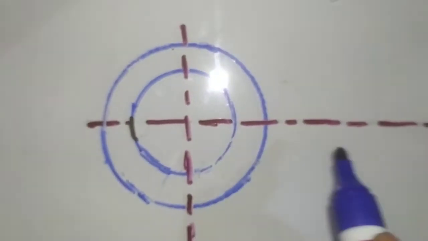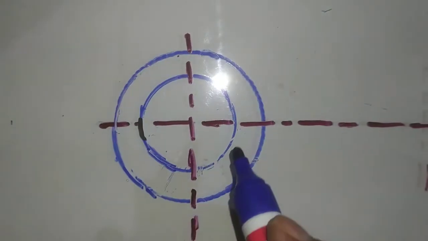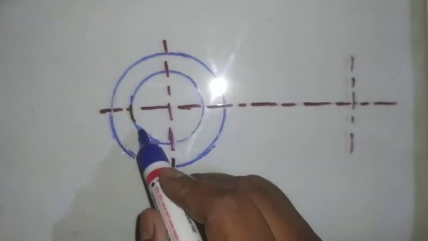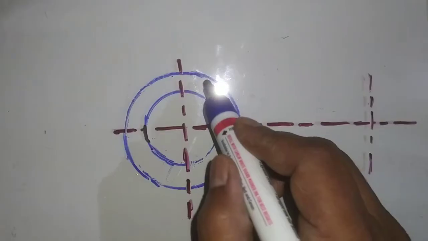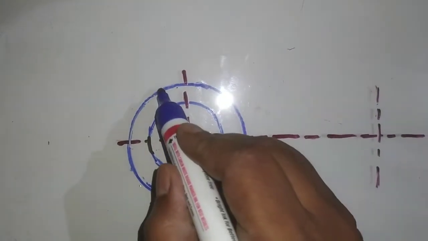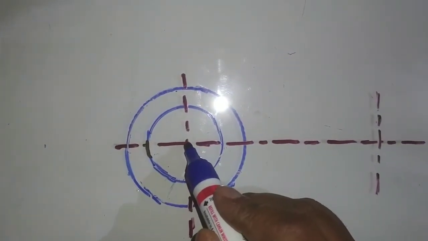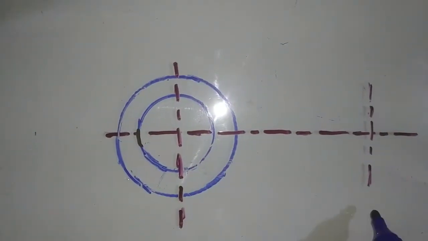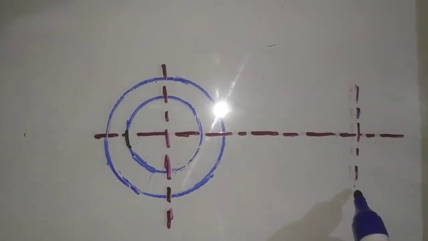So first draw the center line, horizontal center line. Draw the vertical center line. What is the internal radius? That is 45. This diameter is 45, and this diameter is 60. Take 30 mm and draw this circle. Take 22.5, draw this circle. What is the center distance? This is 90 mm. Here it is. This is 90 mm.